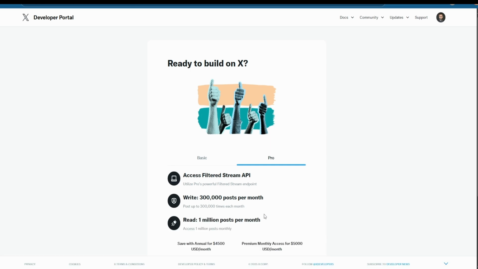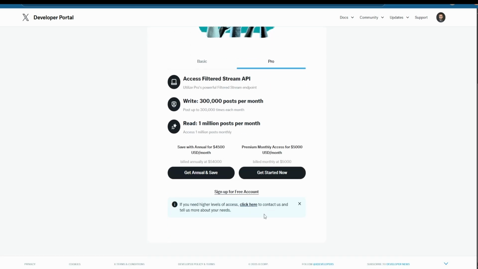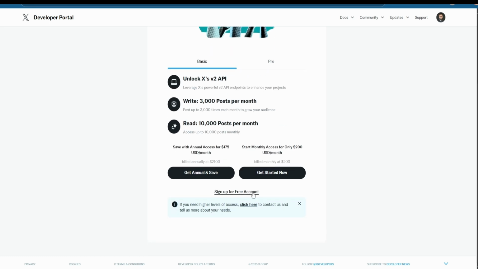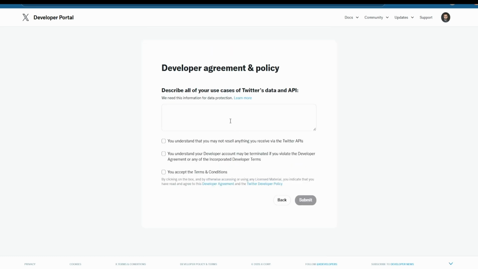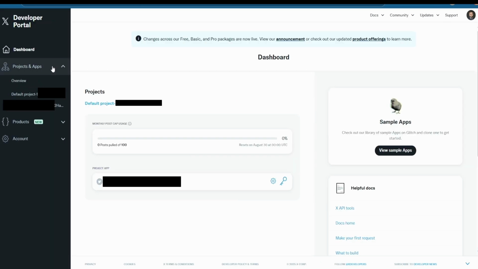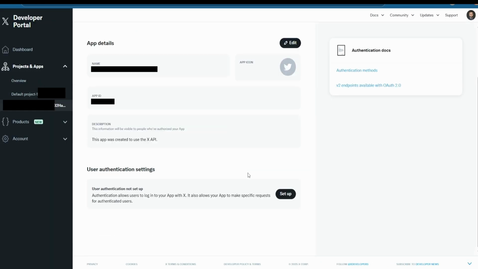and hit on accept. And you have two plans, you have Pro or Basic. For this tutorial we are going with Basic. Hit on sign up. For the describe field, I will fill it with this, and then check all of the check boxes. Then hit on submit, hit on projects and apps, hit on the second project, scroll down and hit set